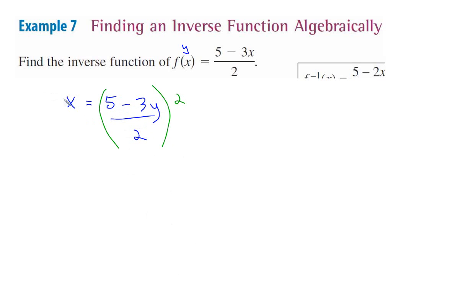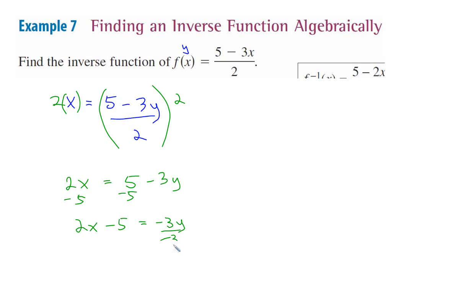So we multiply by 2 here, get rid of that denominator. So 2x is equal to 5 minus 3y. Then we're going to minus 5. So we get 2x minus 5 is equal to negative 3y. And we divide by negative 3. So we know that 2x minus 5 divided by negative 3